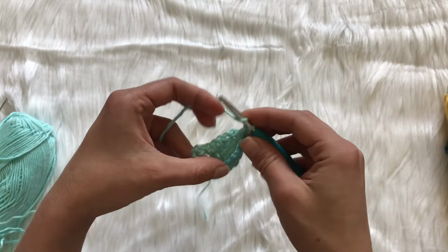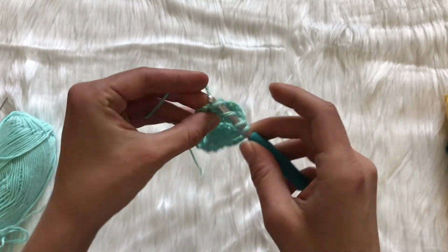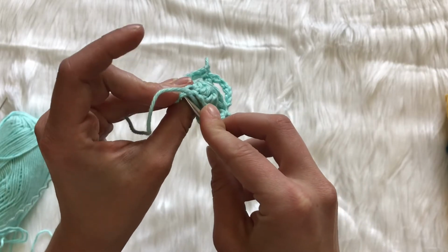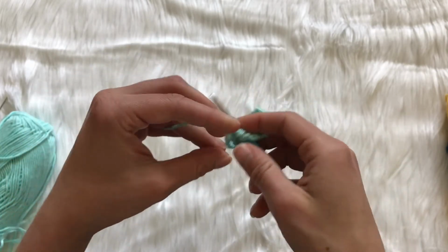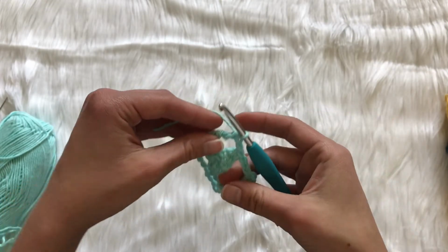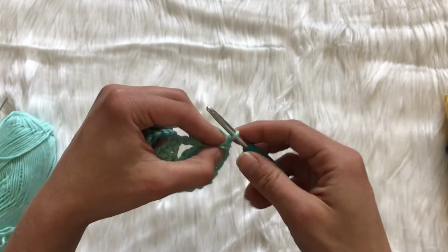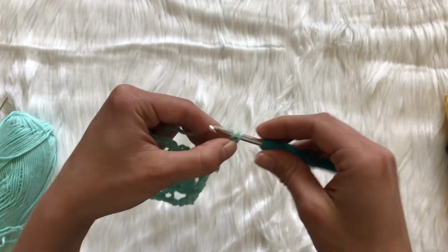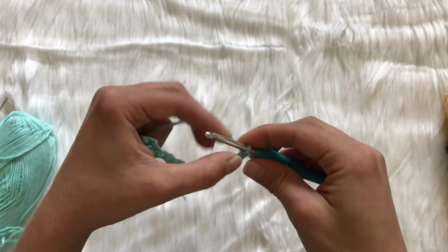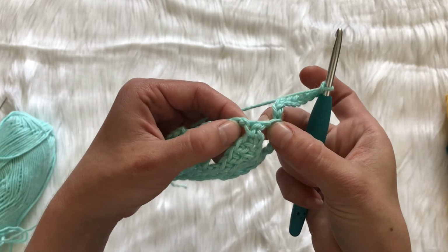You now chain 1, and you're going to double treble. So you're going to yarn over 3 times. And just go into the last single crochet of the last row. We'll now turn our work, and we're going to chain 10. You will now single crochet into the top of the last pyramid,